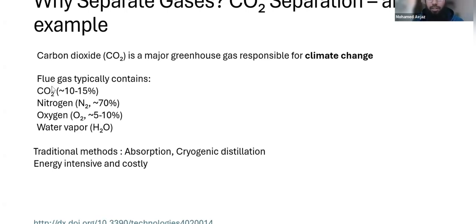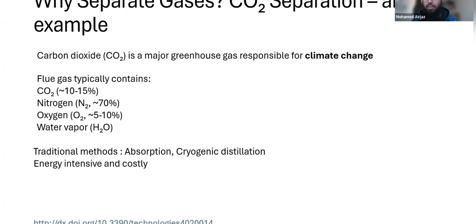So if you want to separate carbon dioxide from the rest of the gas, this would require using traditional chemical engineering unit operations. That would mean you would use absorption, you would use cryogenic distillation. But the problem with these techniques is that they are traditional, they are efficient, but they are very energy intensive and costly, right? Because if you're considering distillation, if you remember your basic organic chemistry class, distillation is anything you do with columns, right? So if you imagine that on a plant scale, you're having multiple columns spread across, so that's really massive and that's really energy intensive.